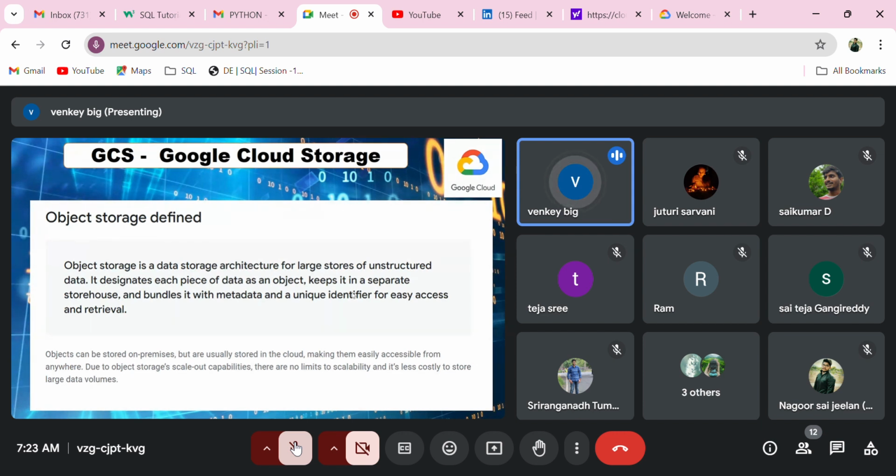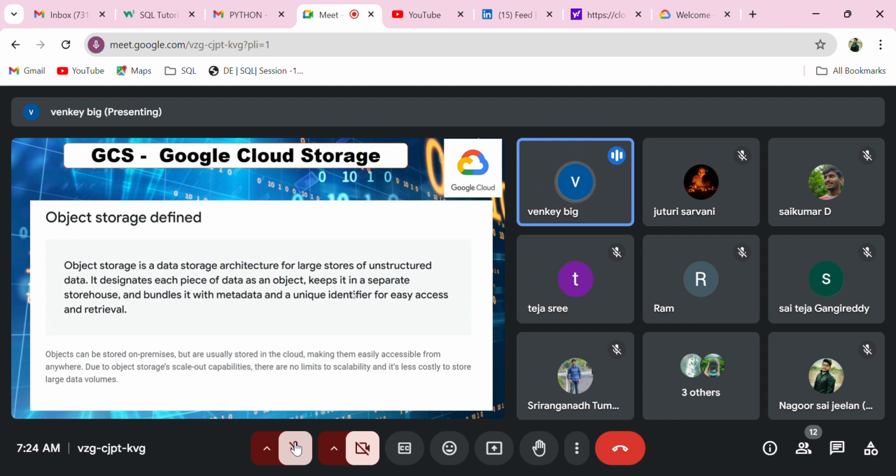Because of this reason, you can generate URLs directly to the objects. So here the core takeaway is Google Cloud Storage, or else S3 buckets, or data lake storage in